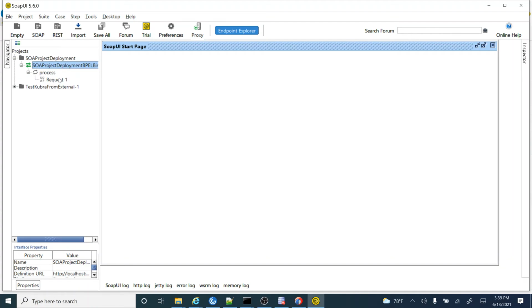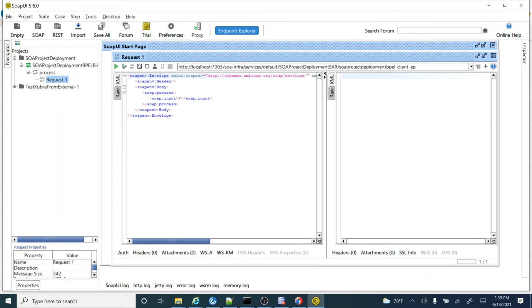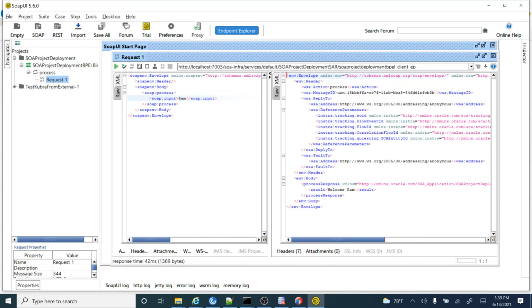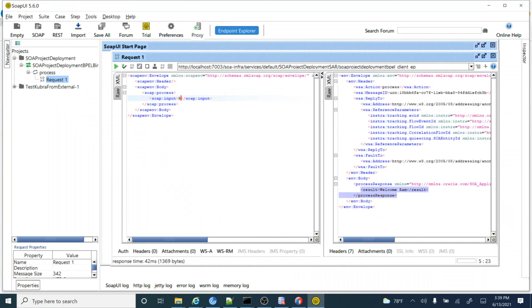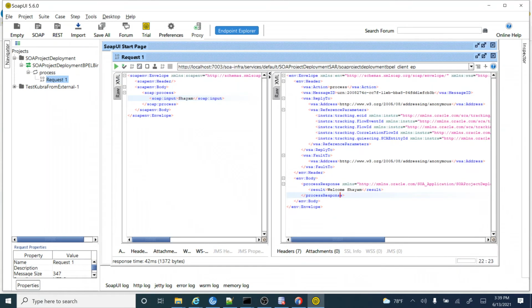This is the request. In the request, this is the input parameter it is asking for. You can pass anything, and I will show you in the next example. But the first time I'm going to pass RAM, and this is the test button. Click on the test. You are getting the result, welcome RAM. Whatever you pass here, let's say you pass Shyam, click on the test button and you will get welcome Shyam. So friends, this is how you can create a SOAP UI project and test from the SOAP UI.